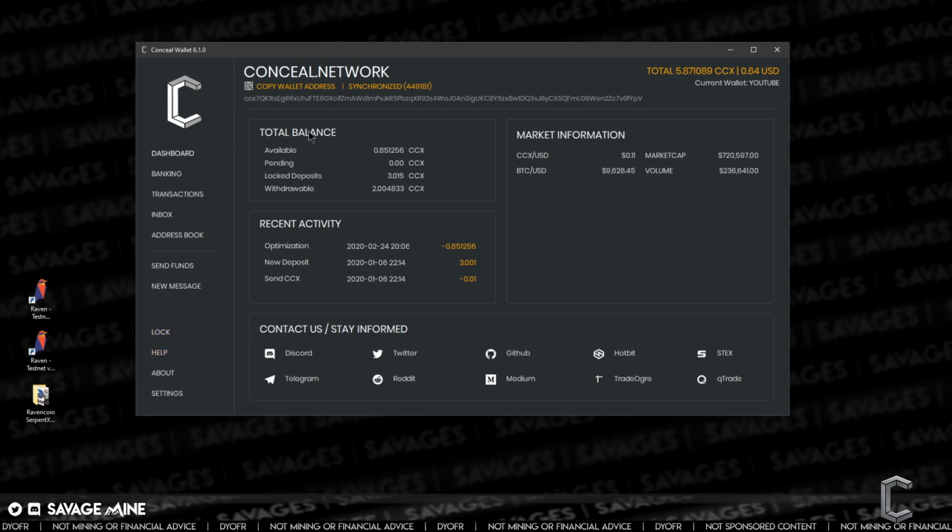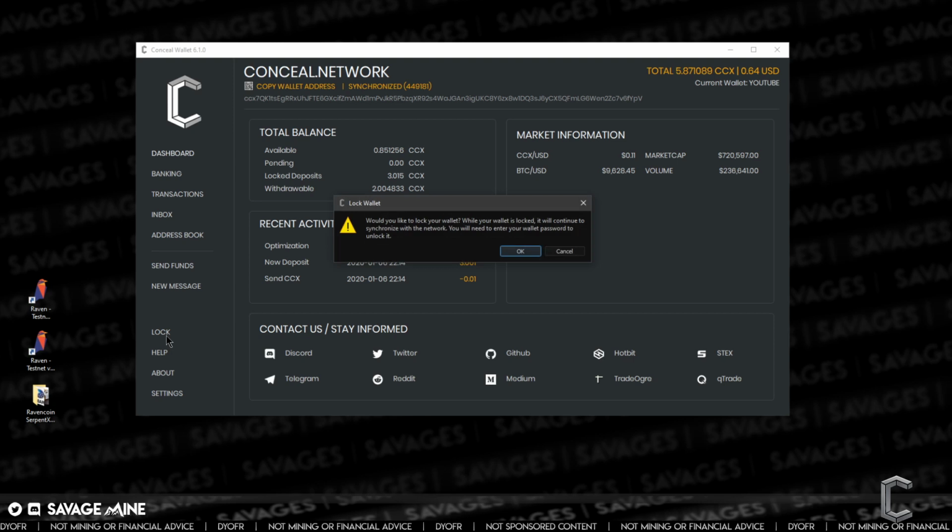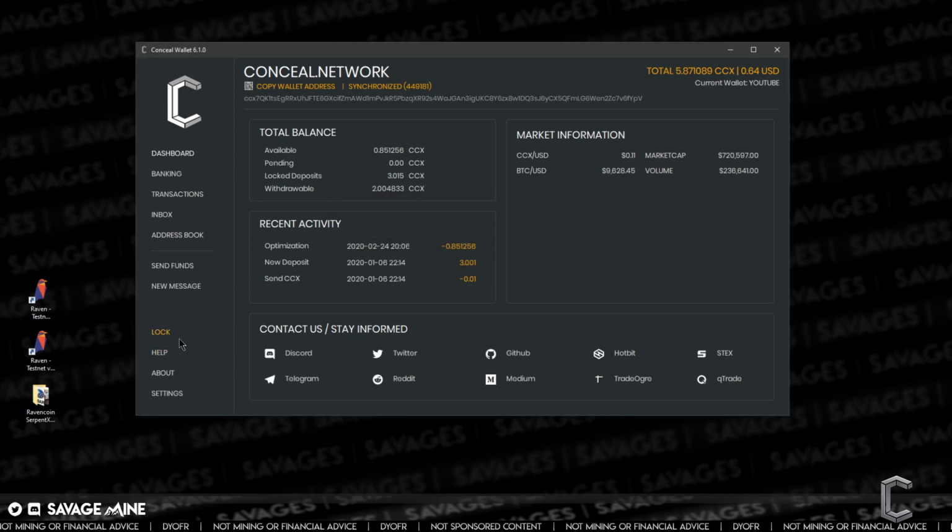I'm assuming this particular wallet here, this is my YouTube wallet, just to goof around with, just for demonstration purposes. And I'm thinking that maybe it won't show the lock because this wallet doesn't even have a password on it. It's not encrypted, right? So since it doesn't have a password, I think that's what they mean by show or hide the lock based on wallet encryption. And then they're going to fix an issue with adding to the address book, which I don't know